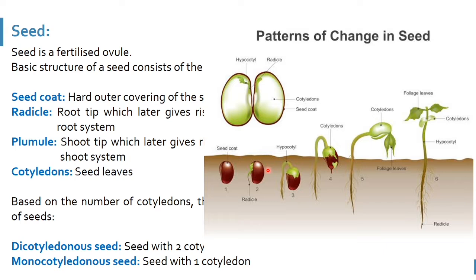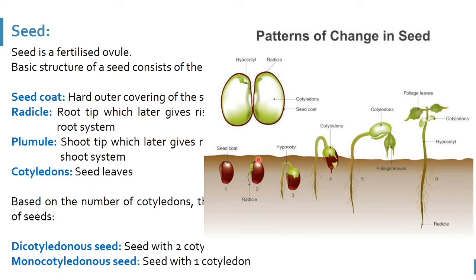What is the pattern of change in the seed? This is a dicotyledonous seed. We have a seed coat. During germination, first of all the radicle comes out from the seed, then the hypocotyl elongates and pushes the cotyledons through the surface of the soil, which leads to formation of the first leaves. That means the two cotyledons form the first leaves of the plant, and then come the foliage